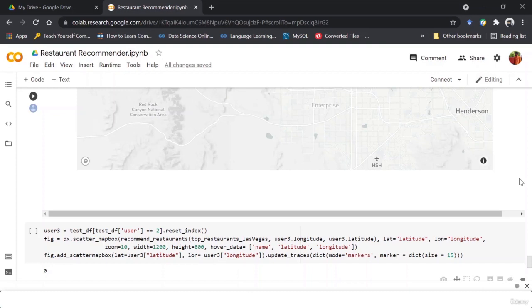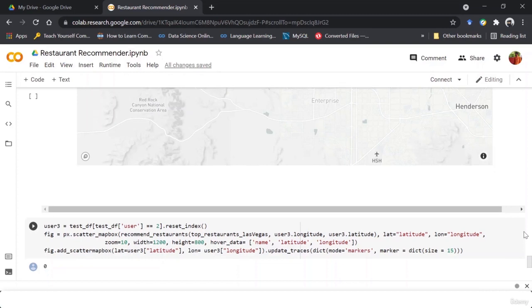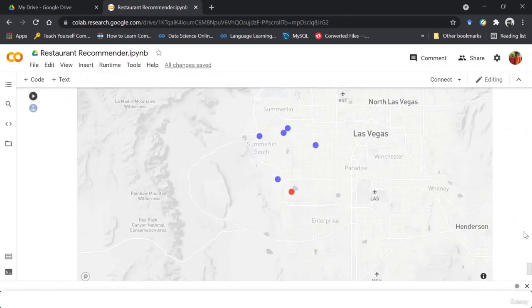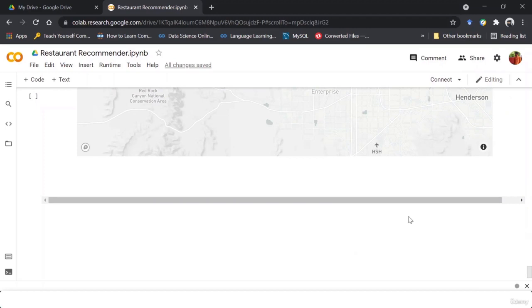Or rather than just using the Yelp data set that I am using for this, you can even take the data set that is generated in your country and easily use it with this methodology and code implementation, and build a recommendation system based on location for restaurants in your own country. So with this, I'm going to complete this project.